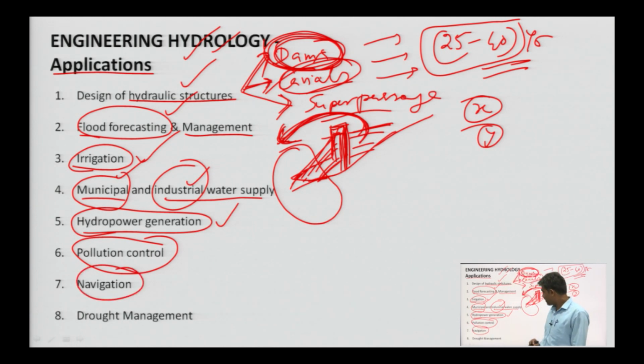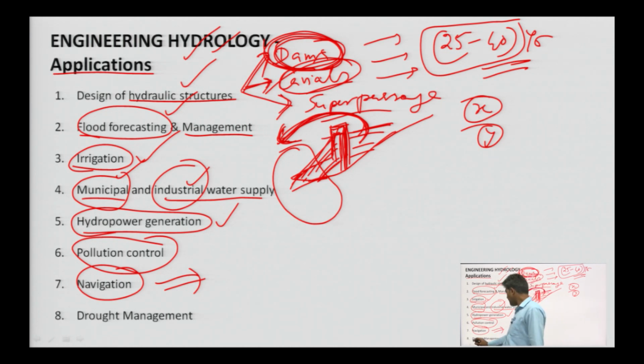Navigation, for tourism purposes, requires a huge quantity of water, and it is not required throughout the year, only in some particular seasons, some particular months. So, the availability of water in a particular time period is very important. Drought management, of course,